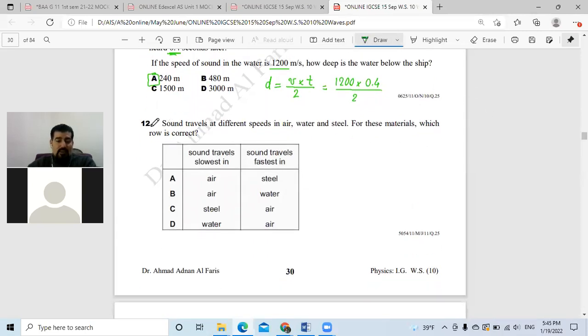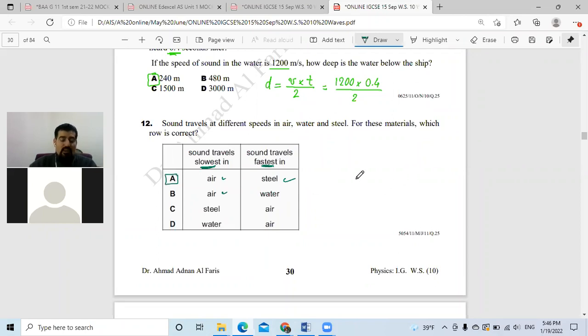Next, question 12. Sound travels at different speeds in air, water, and steel. For these materials, which row is correct? The sound travels slowest where? Of course, in air. The sound travels fastest, of course, through steel. So the answer is